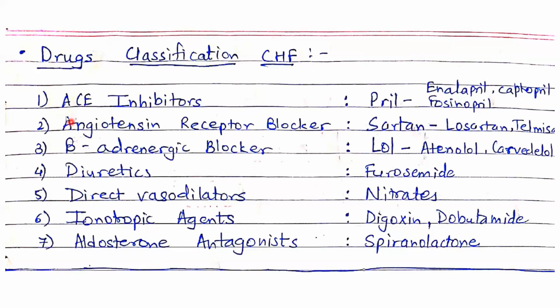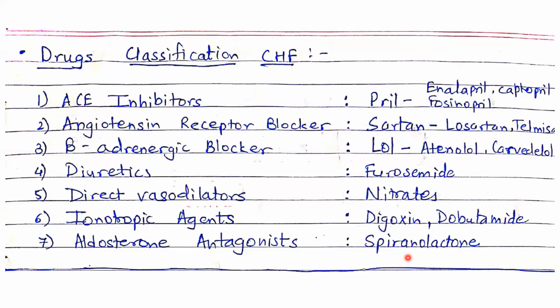Here again, the renin, angiotensin, aldosterone pathway. Of that pathway, these drugs are going to act on aldosterone receptors. If you remember this, spironolactone, okay. So the spelling is spironolactone. Do you remember spironolactone? We had discussed it lastly in the diuretic chapter. We will recall that slightly when we discuss each class one by one. So this is a classification of congestive heart failure.